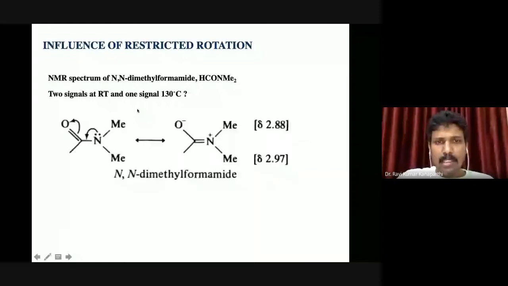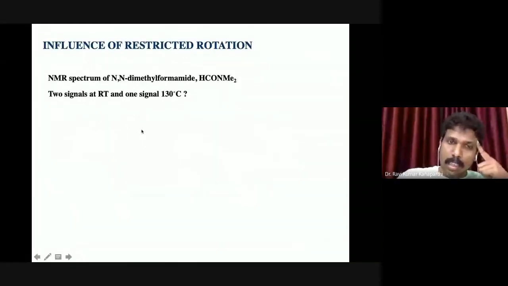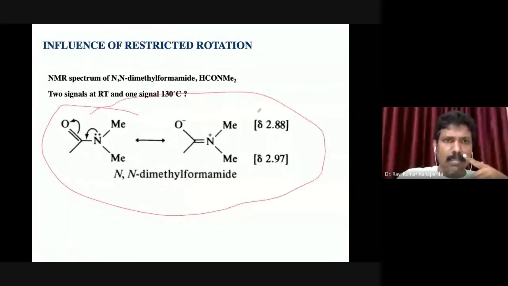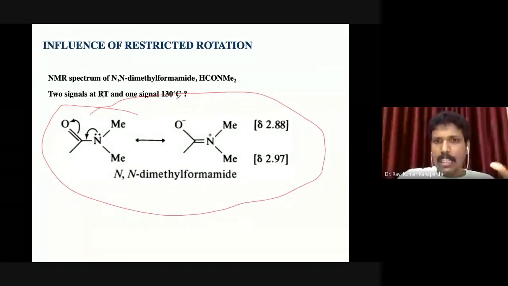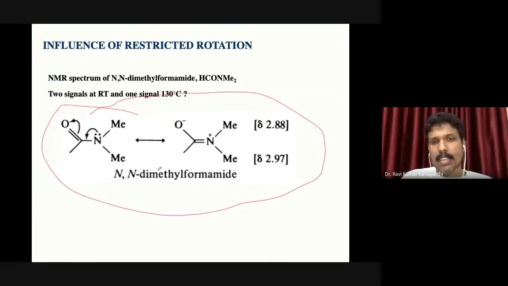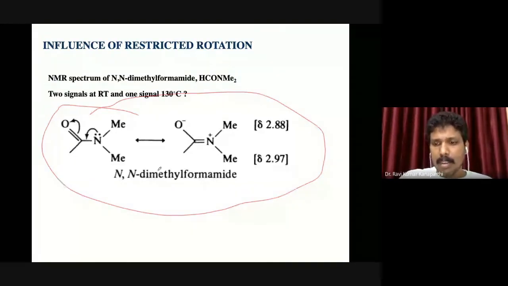I think I vaguely remember this, but it is there. I think they have asked the chemical structure of the molecule. So they gave all the details, like at one temperature, only one signal, at the other temperature it is two signals, and their values were also given. And finally, they were asking what is the chemical structure, and there are four options given. So what exactly is the structure? It was asked. Okay, maybe I can tell you in the next class which CSIR paper it is given. So you try to